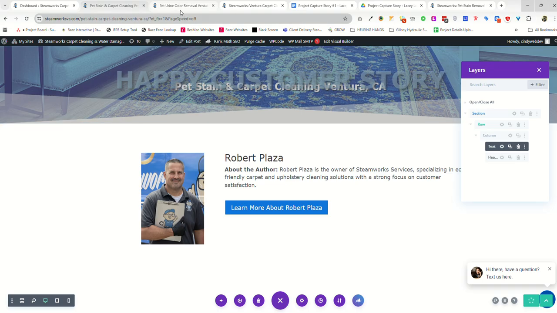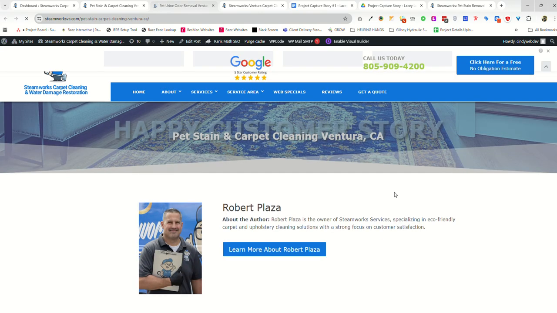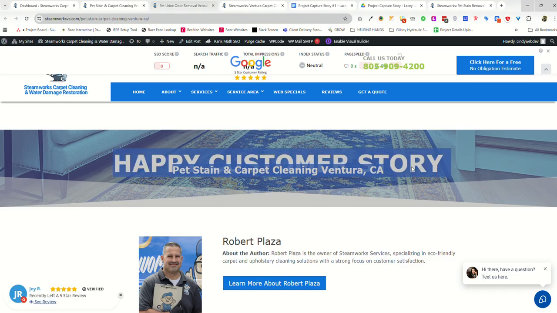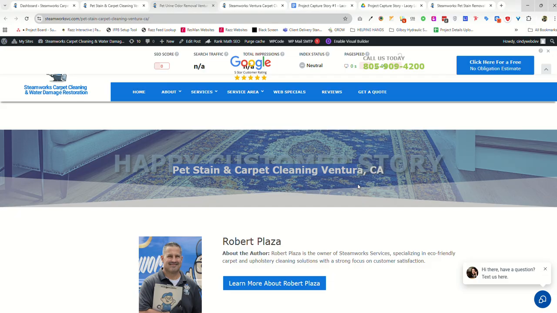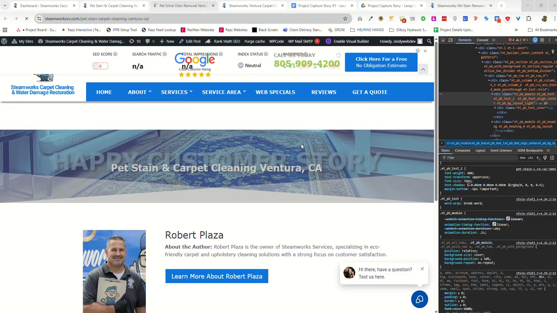So let's check the layout for this one. If we refresh this one, here you can see that the text is more visible compared to the happy customer story, because we wanted to showcase its title, and the happy customer story is just like a text background for this text. So to make it same as this one,